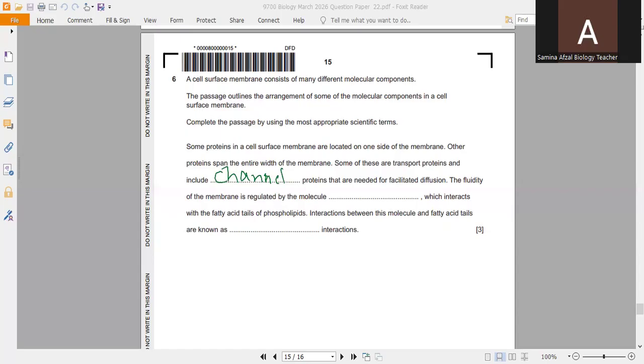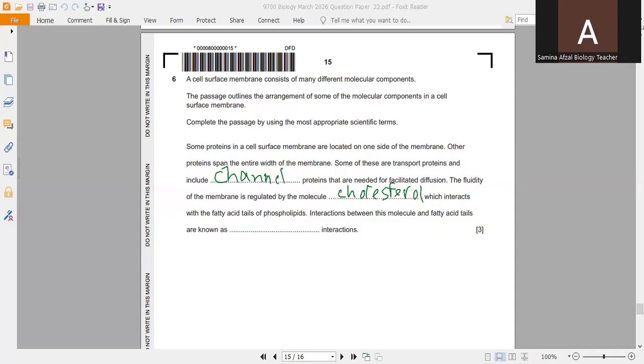So the fluidity of the membrane is regulated by the molecule cholesterol, which interacts with the fatty acid tails of phospholipids. Interactions between this molecule and fatty acid tails are known as